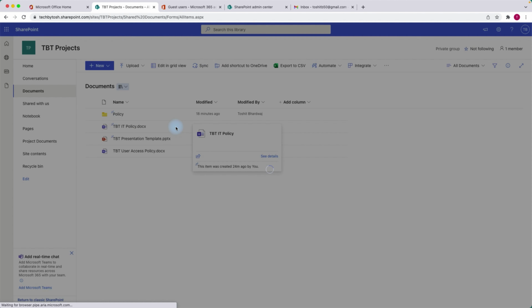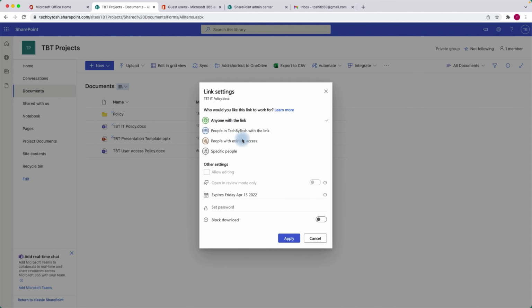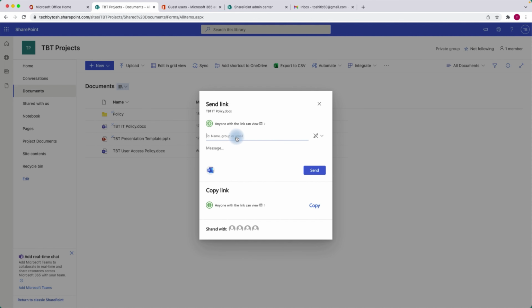Let's click on the share button, and we have all these options available to share with external parties or guests. We are going to talk about the "anyone with the link" option, so I'm going to share this document using it. I have disabled the allow editing option. You can know more about this in my previous video where I talked about the external sharing settings with "anyone with the link" options in SharePoint Online and OneDrive for Business. We'll just say apply, and let's share it with my Gmail account,